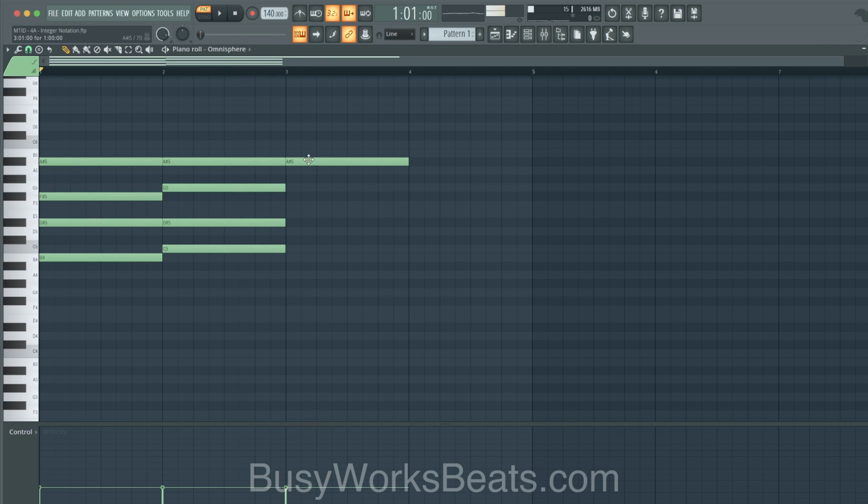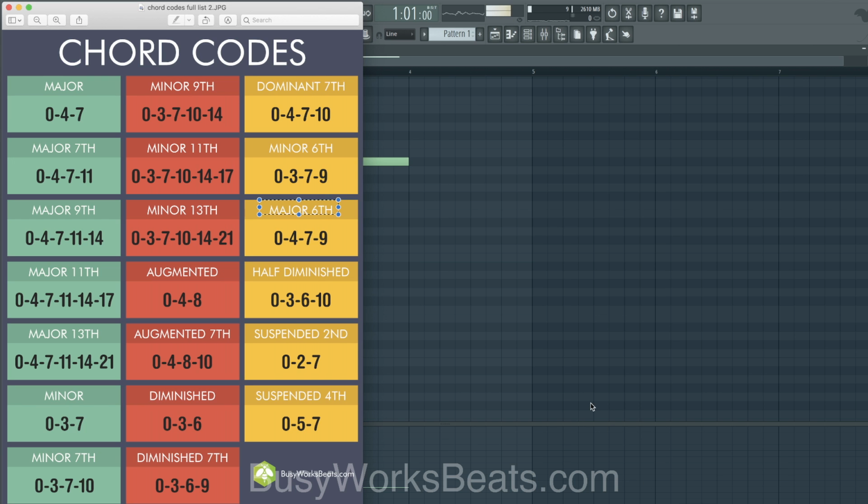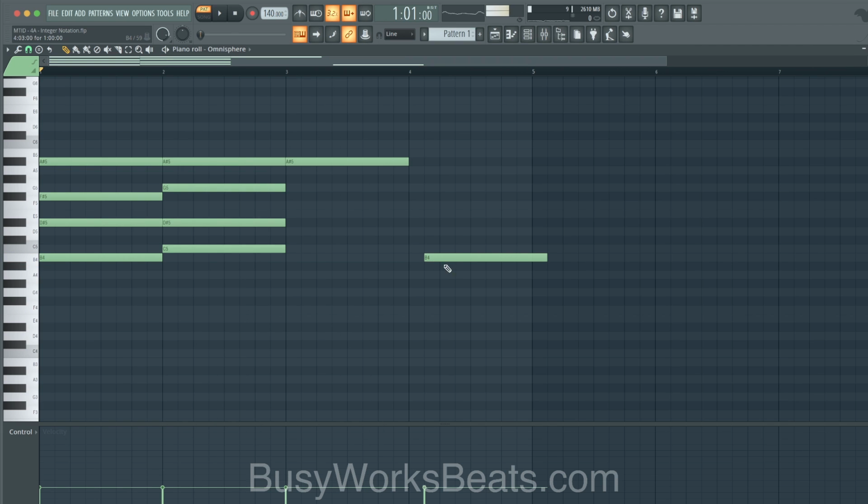Okay, so what we're going to do is reverse engineer this chord. All I'm doing is changing the bottom portion. The top portion is staying the same here. I just want to change the bottom portion, but our ear is latched onto that top note. So I'm going to make a major 6th here, and the chord code is 0, 4, 7, which is the major triad. You'll get to memorize these over time. But the major triad is 0, 4, 7, and all we're going to do is add that 6th, which is just 9.